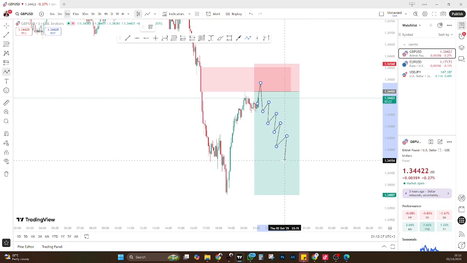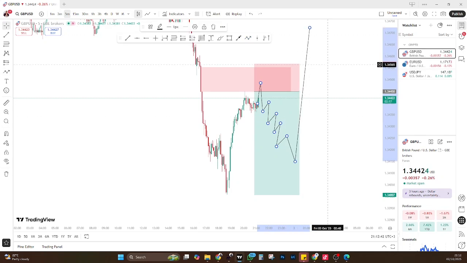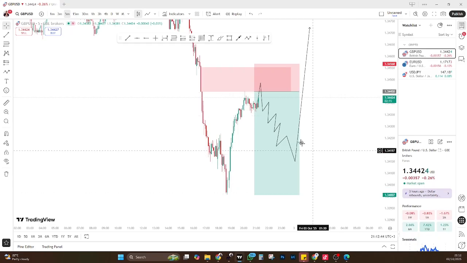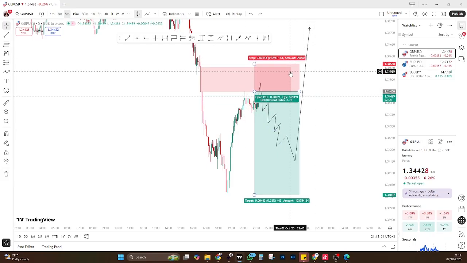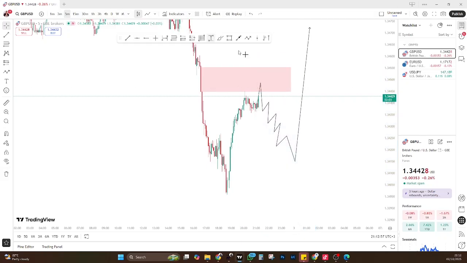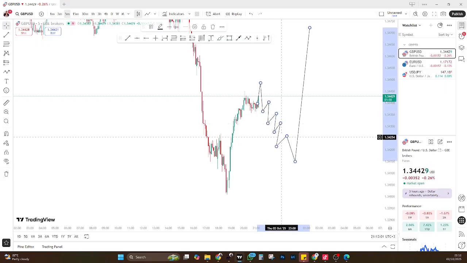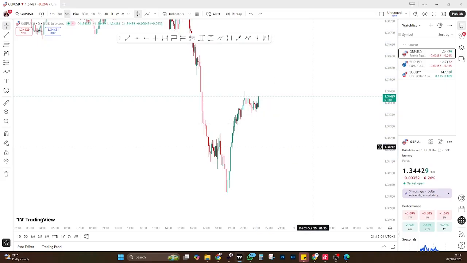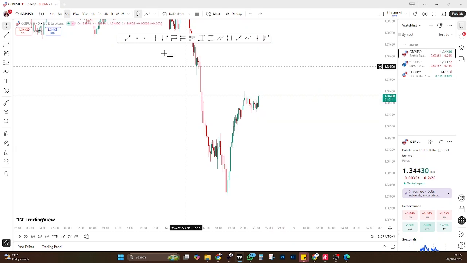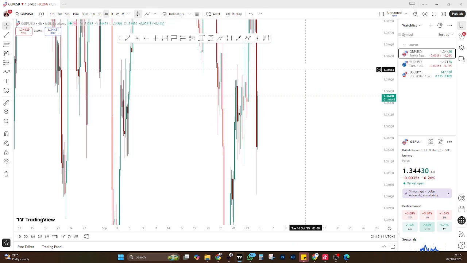Once it gets to the breaker block there, it will come na ipite nini. So what has happened? All the liquidity that was here has been taken out. Stop loss their hour has been taken out. That is how market makers think, and that is why I don't know about others, but for me, I don't advise you to take trades using FVG, because FVG must be filled 100% unless it is higher time frame FVG. Kama hii,